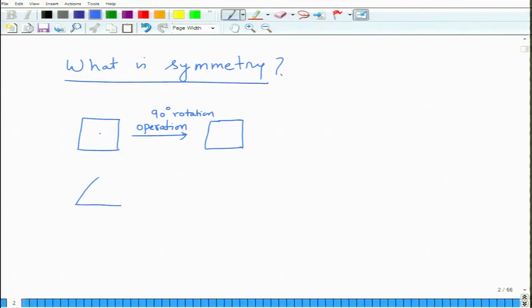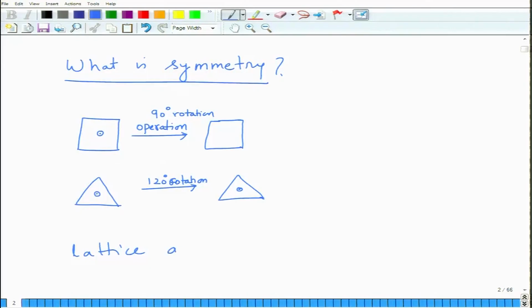Similarly, if you take an equilateral triangle, what operation do you need to perform on it? This is the center of the triangle, and I provide a 120-degree rotation. So, it appears in the same shape. These are just examples of operations which you can perform to bring the object into the same shape. Why do we need to understand this? Because lattices are